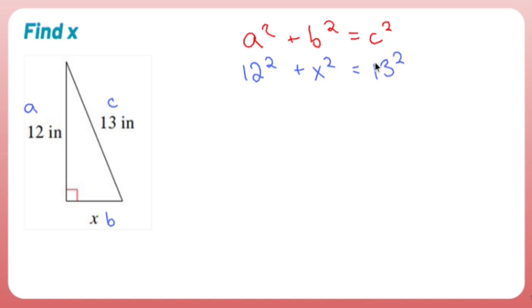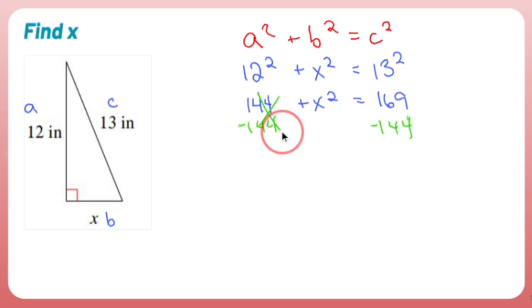Now the next thing that you do in Pythagorean Theorem is you simplify the numbers. So 12 squared is 144, plus x squared is still x squared, and 13 squared is 169. In order to get x all by itself, I have to subtract 144 from both sides. So minus 144, minus 144, cross you out, drop down the positive x squared, equals, and 169 minus 144 is